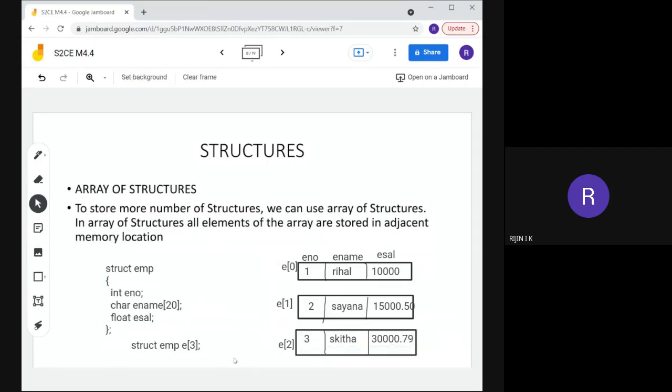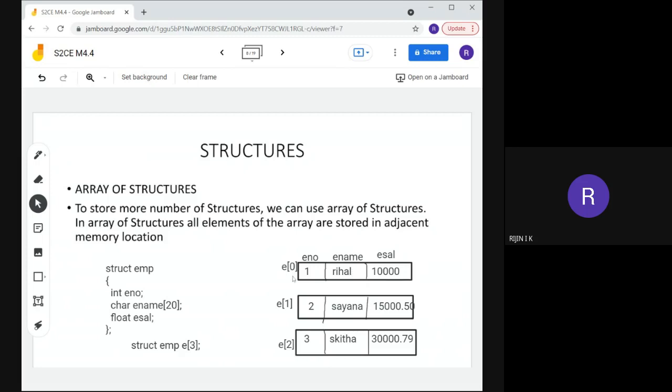Then if you want to access the first employee details, what you have to do? First you have to write e of 0 dot enum. Then you will get the employee number of the first employee. Then if you write e of 0 dot ename, you will get the employee name of the first employee.